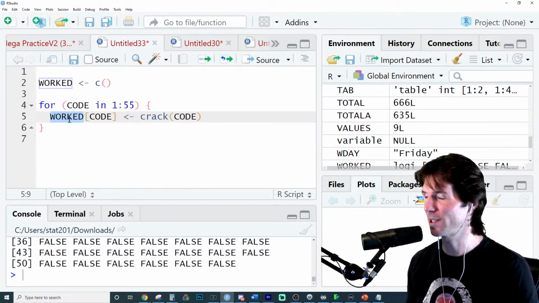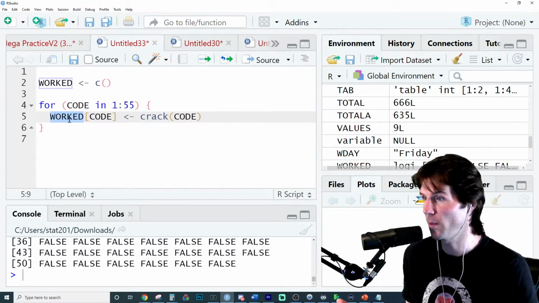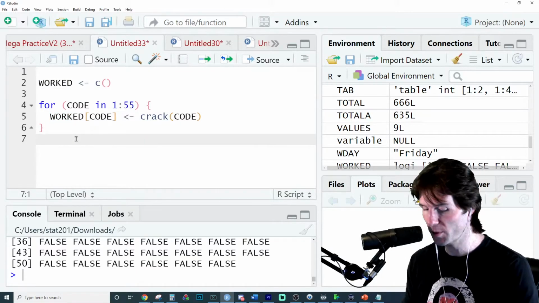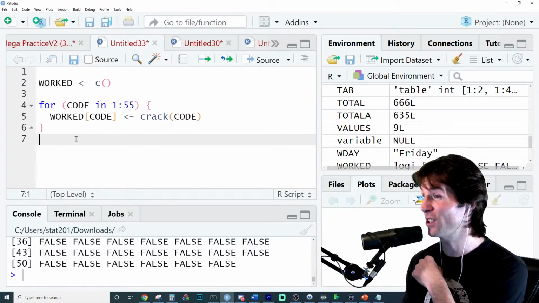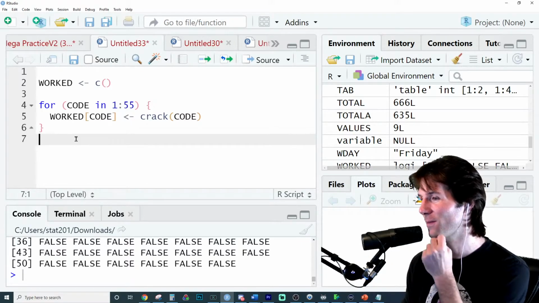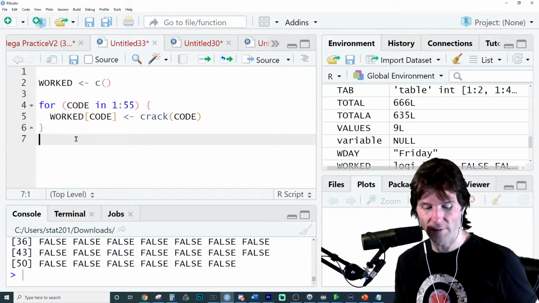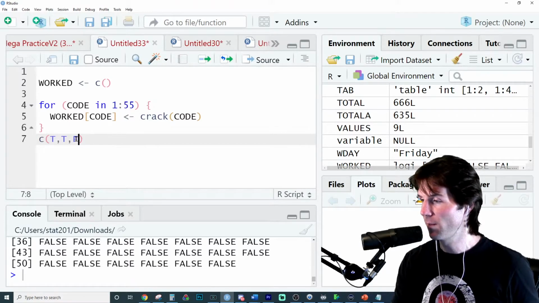So how would we figure out the position, which one is true, if there are multiples? Those are positions. But if we have a logical vector, how can we figure out which ones are true? Like the positions of what are true. So like if I have a vector of true, true, false,